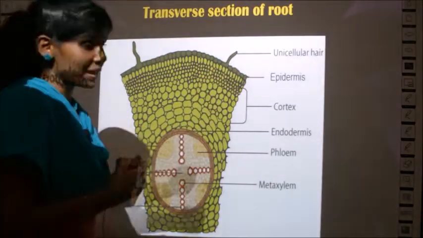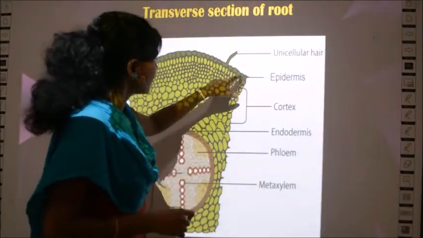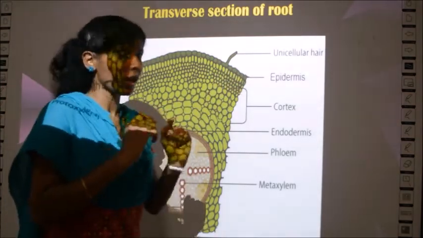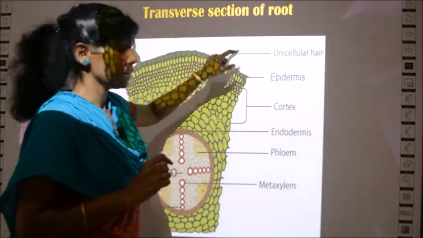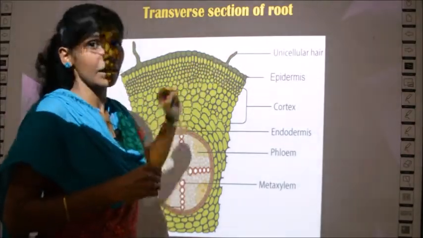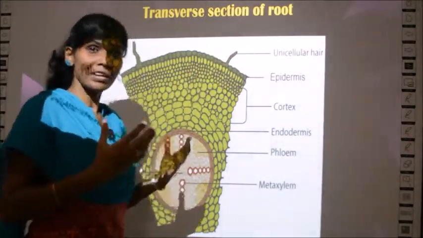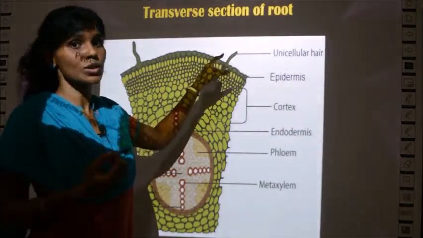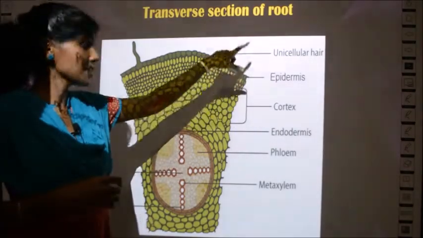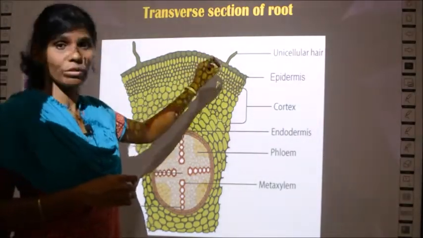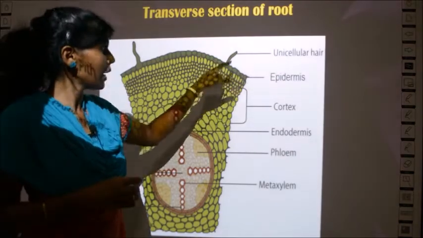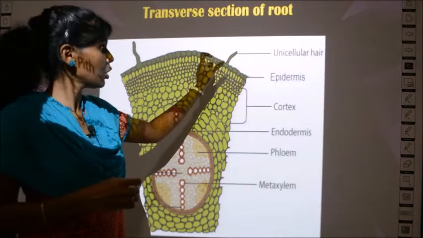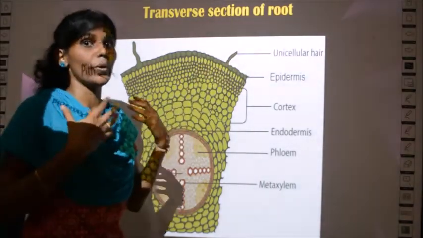What does surface area mean? Measure the area of each epidermal cell. If you measure, the size will be small, but when you measure the outer surface area of the root hair, it is very big compared to the other epidermal cells. Root hair cells are also epidermal cells, but they are extended. They are extensions of the epidermis. So compared to other epidermal cells, when you measure the length or the surface area of the root hairs, it is very big.